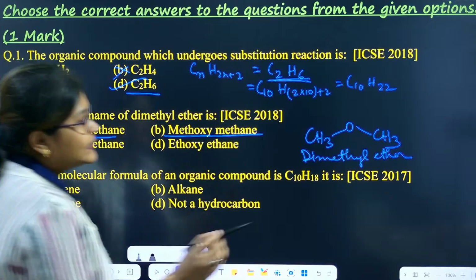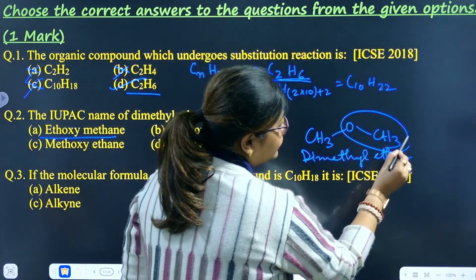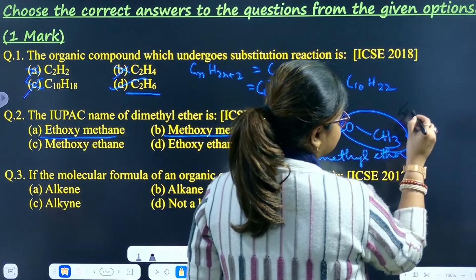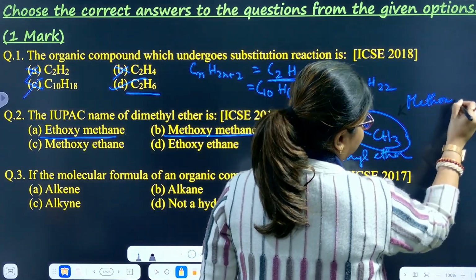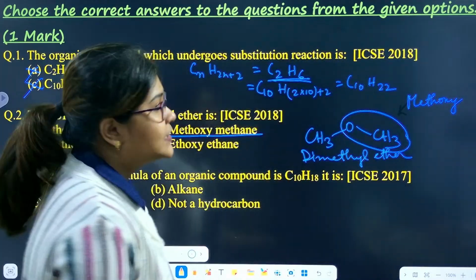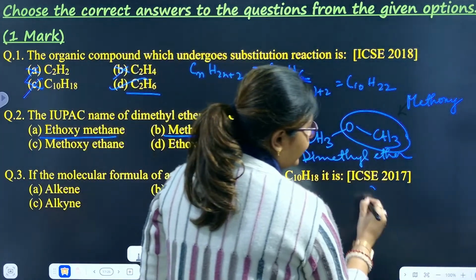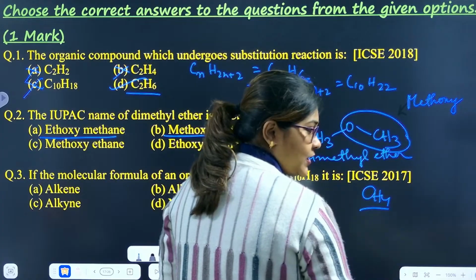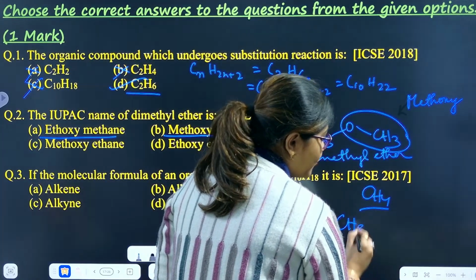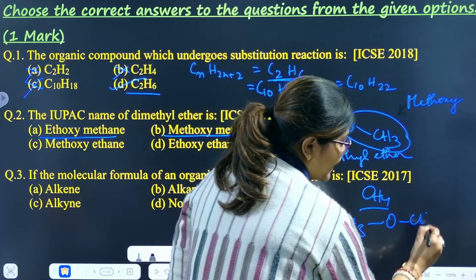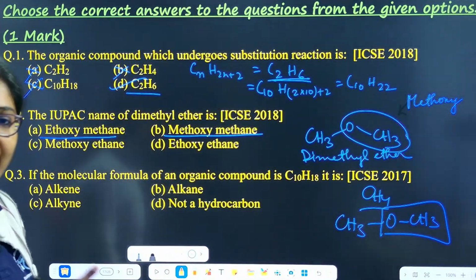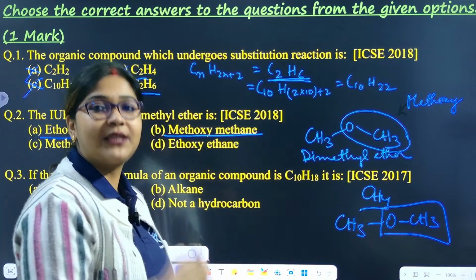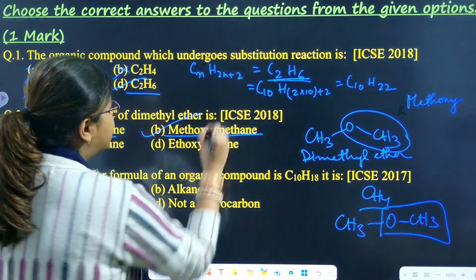Yes. CH3O, this is methoxy group. Okay. So, if CH4 is methane, you know, so CH3, one hydrogen is replaced by methoxy group. So that is why it is known as methoxymethane. Okay. So the correct option is